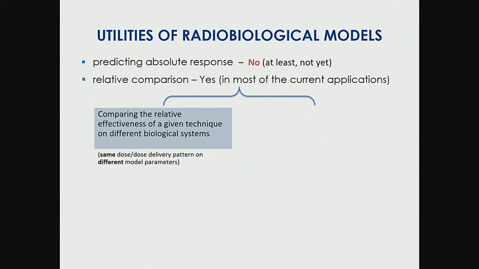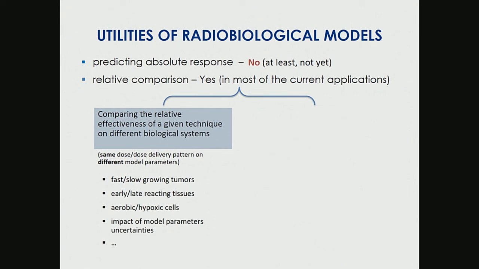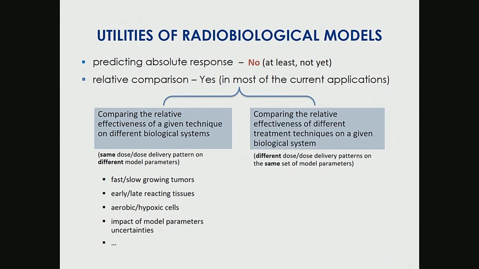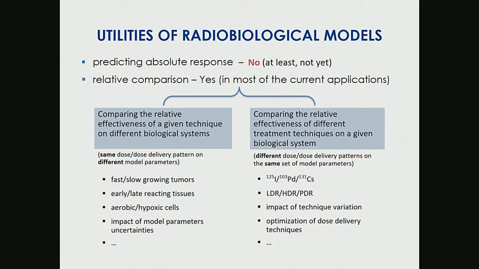So you compare the treatment technique on different biological systems, such as fast and slow-growing tumors. Or you can compare the relative effectiveness of different treatment techniques on a given biological system by fixing the model parameters. Oftentimes, these two are done together,